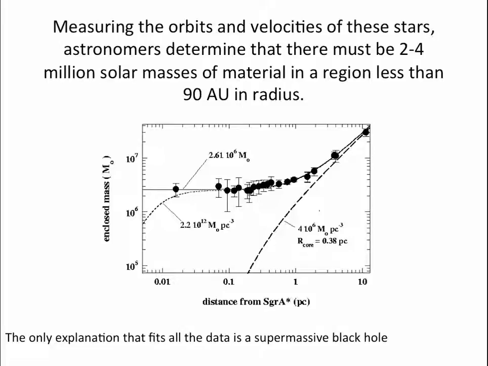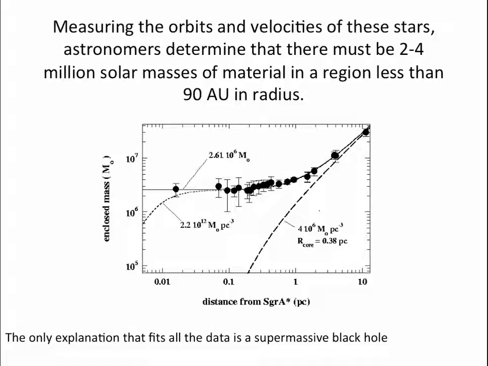And we call this a supermassive black hole because while a single star can make a black hole that's 5 or 10 times the mass of the Sun, this one is 2 to 4 million times the mass of the Sun. And we still argue about how these formed. Were there maybe a million really massive stars at the center of our galaxy that after they made black holes, those all merged together? It's possible. Or maybe a few black holes formed at the center of our galaxy, and then gas from further out was pushed in by the gravitational pull of these stars orbiting around, and the black hole swallowed that and grew. It's really difficult to say.